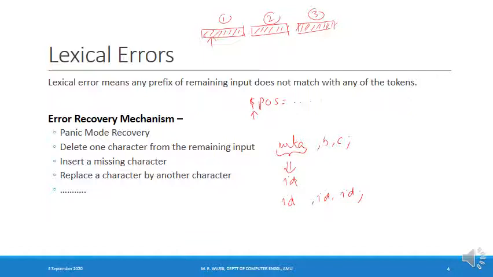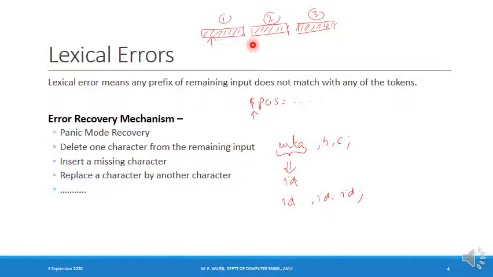How does the lexical analyzer recover from this error? Since the error is in lexeme number 1, one error recovery mechanism could be that I simply discard whatever remaining characters are part of lexeme number 1, and resume scanning from the beginning of lexeme number 2.